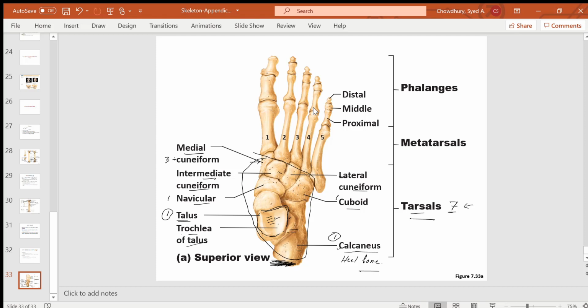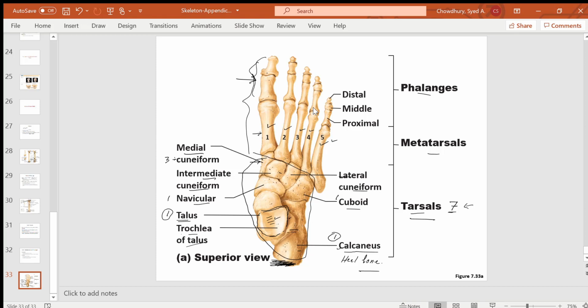And the anterior half is formed by the metatarsals and phalanges. The number of metatarsals and phalanges are same as the number of your hand bones. So you have 5 metatarsals. In your hand you have 5 metacarpals, the name. So from the big toe side we start to count. So this is your big toe here. So this is number 1, number 2, number 3, number 4, number 5,